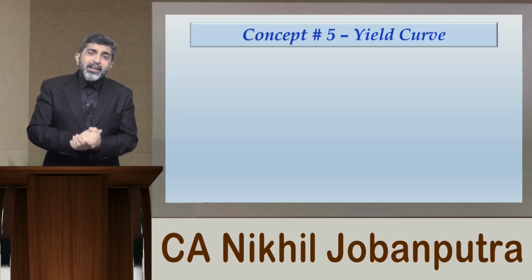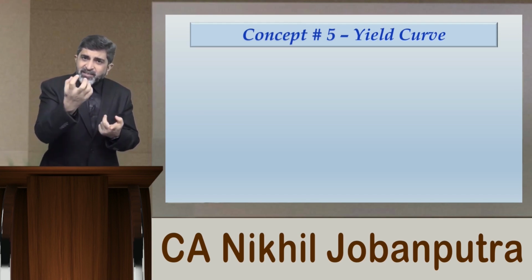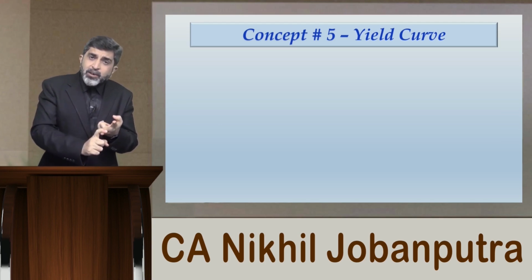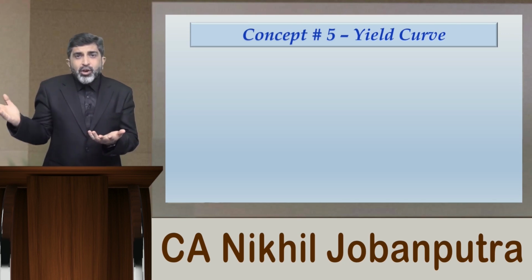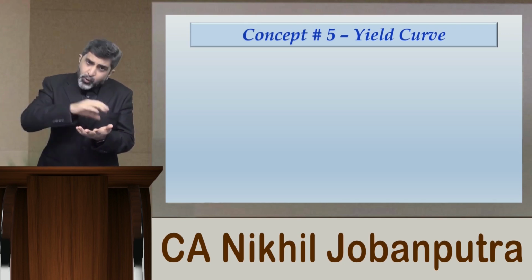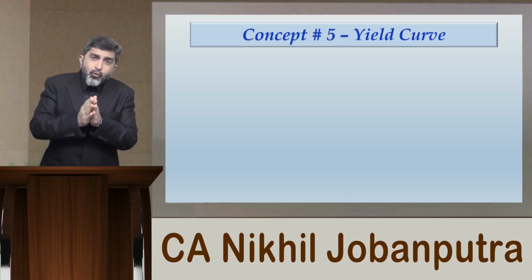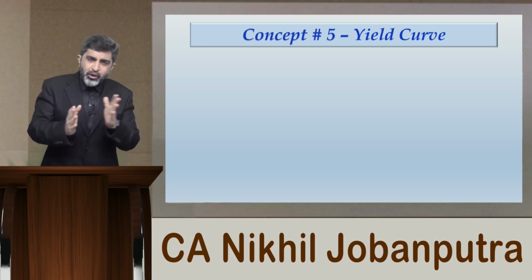bond yield. And when I talk about bond yield, there could be two types of yield. Current yield means the yield only and only for the current year. Another is the concept of yield to maturity, that if you are holding the bond now and there are 7 more years remaining for maturity, if you continue to hold the bond for the entire 7-year remaining maturity, what would be the overall yield? That is called yield to maturity.